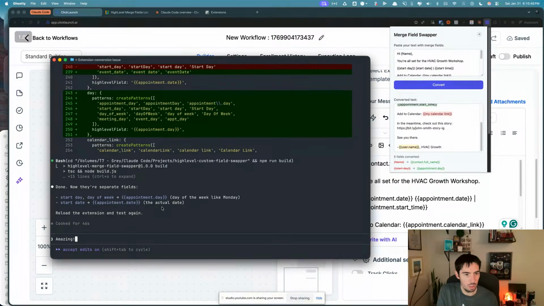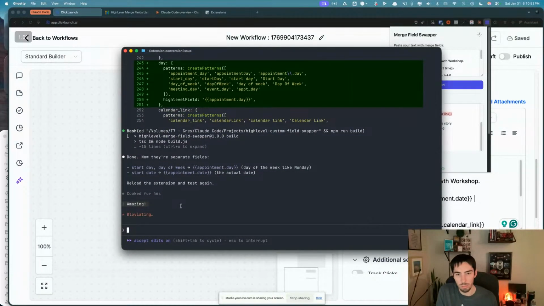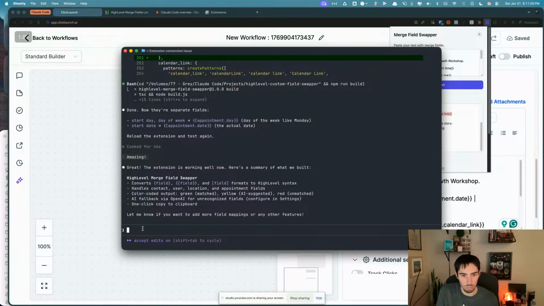Go back over here and send that. So you can either switch into plan mode or you can just not. We really don't have to go in plan mode now, but sometimes it's a good idea, depending if you're going to add a big feature. This is a small project, so we don't need to do much in plan mode. But if it was bigger, you'd want to go into plan mode for major updates that you want to add. Great, the extension's working well. Here's a summary of what we built. If you want to add more fields, say